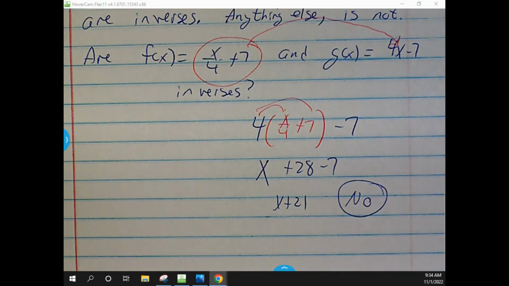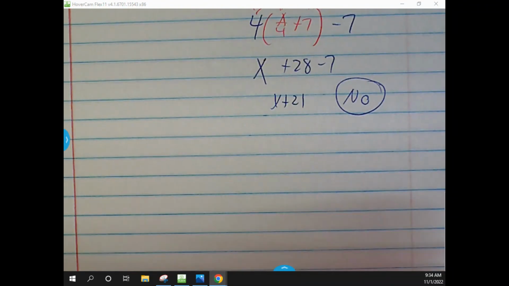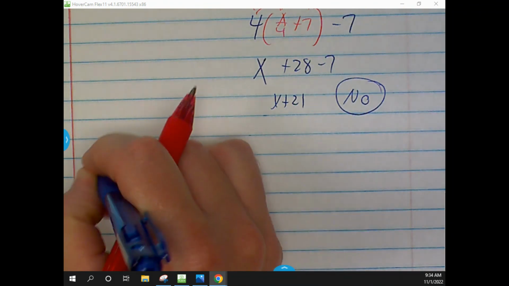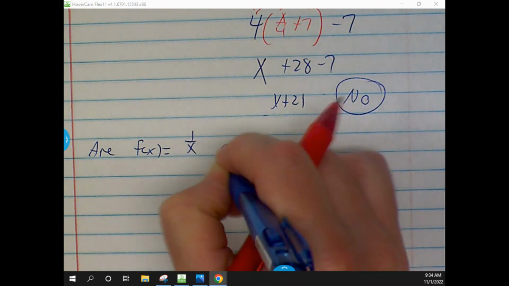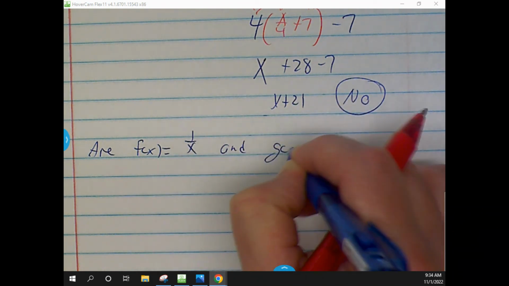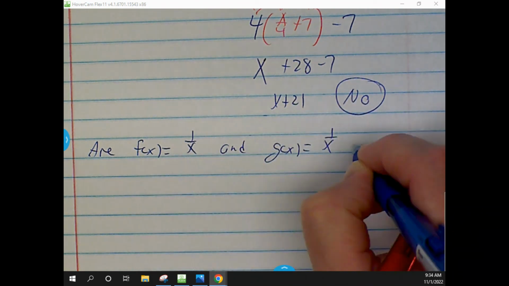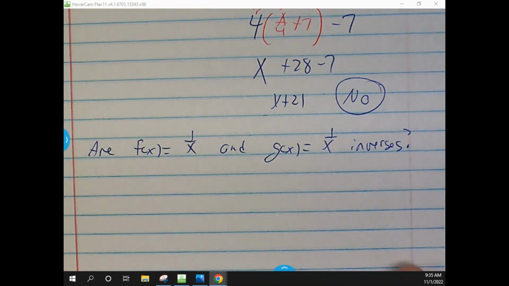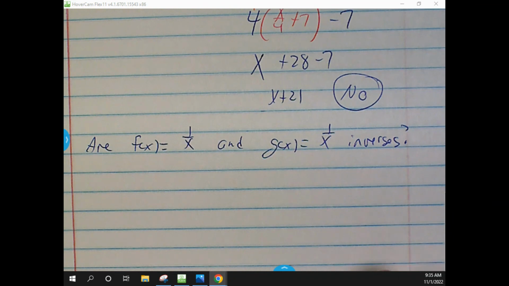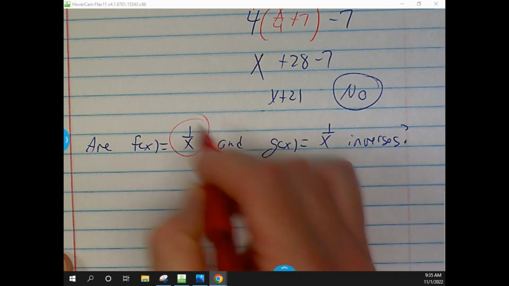Okay, now here's one that might make your head hurt a little bit. Just real quick. So f of x is 1 over x, g of x is 1 over x. Are they inverses of each other? Well, you're like, it's the same thing, right? Yeah. So if we take the same thing and plug it into itself in this case,